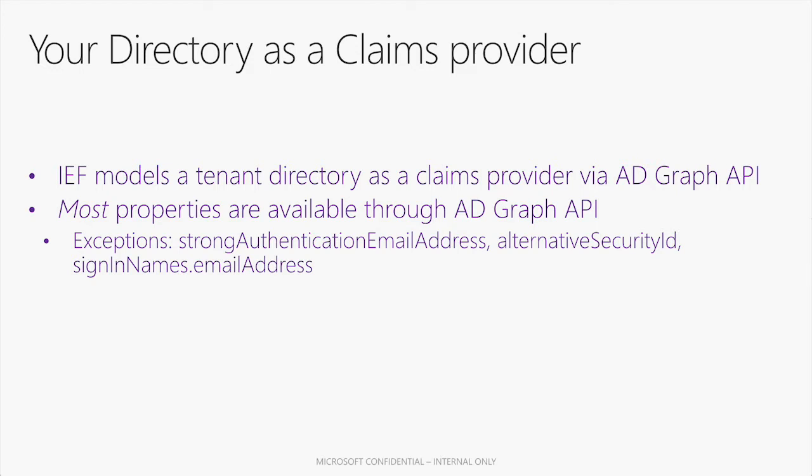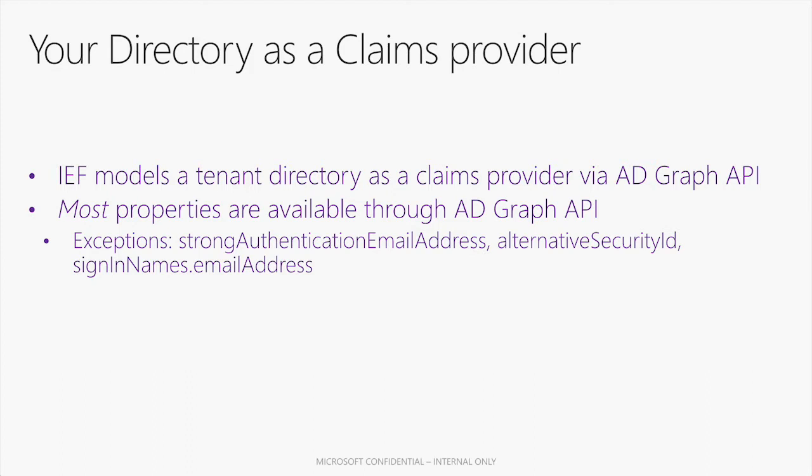The way IEF models Azure Active Directory is as if it was any other technical profile, as if it was talking to Facebook or Google. The only difference being that instead of using OAuth 2 or OpenID Connect, we end up using a special provider called the Azure Active Directory provider. Regardless, that provider sits within IEF and it makes Azure AD Graph API calls into the directory. So it's going to go and get a token for graph.windows.net, and then it's going to make a call to Graph